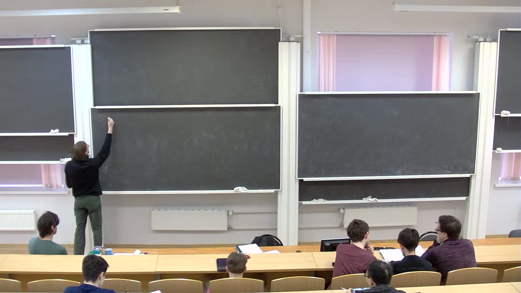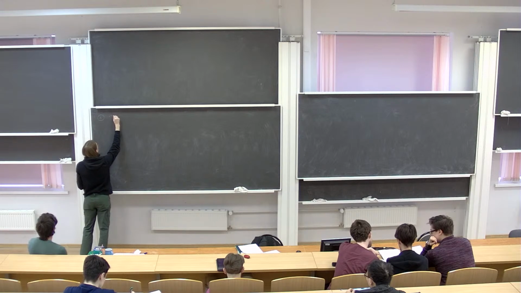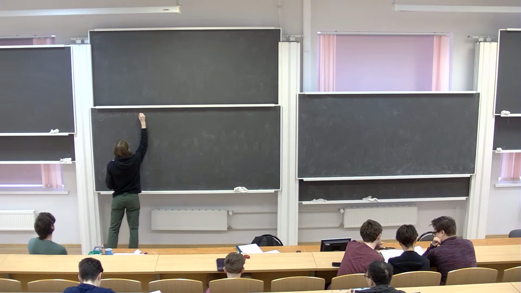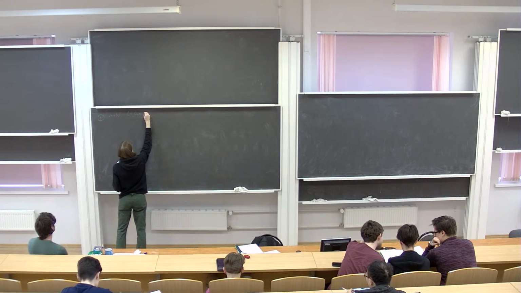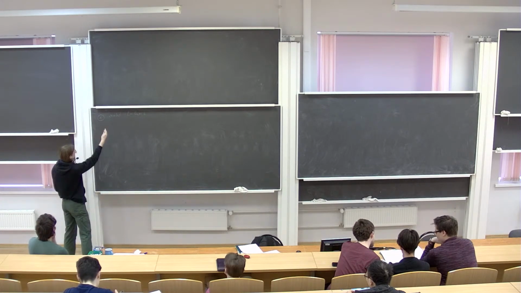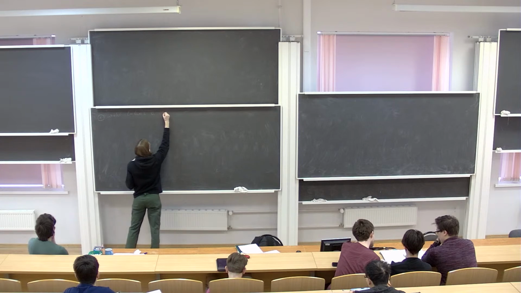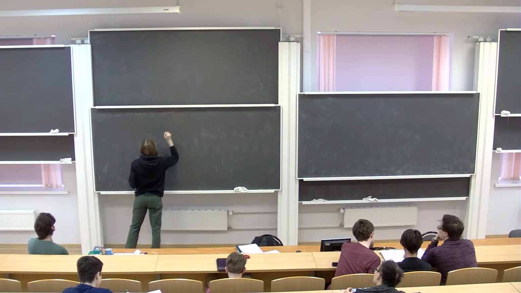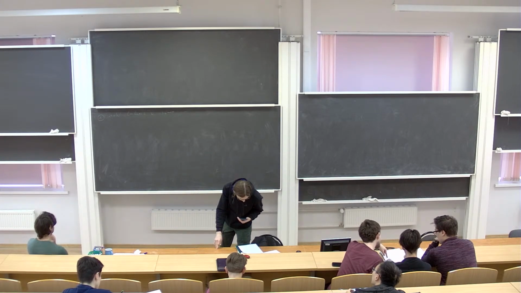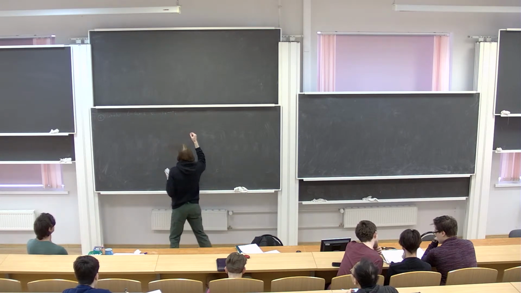Okay. Suppose that the length of an element W from the Weyl group is L, and we have such a composition of reflections that gives us such W. And we denote by CK